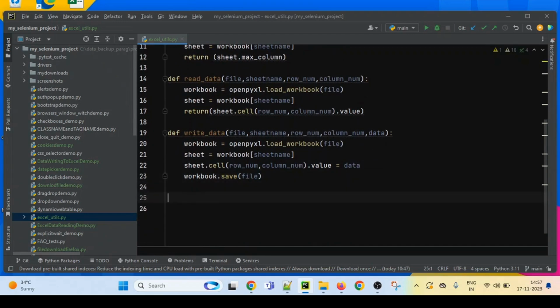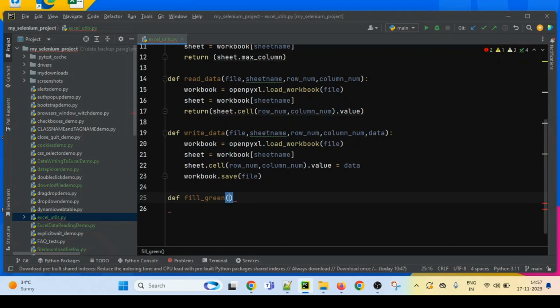Now the next function which is remaining is filling color. So def, I am just naming it as fill green. So let's say whenever our test case is passed and we want to mark that specific cell as green, then we can use this function.